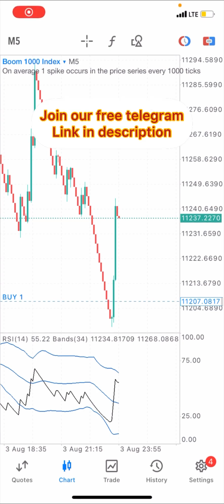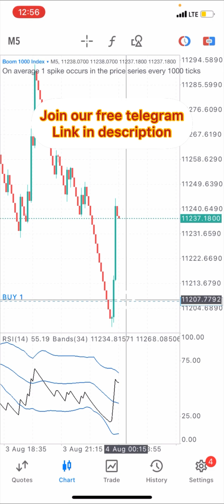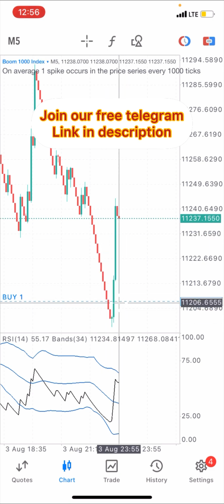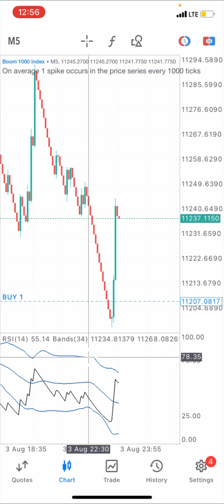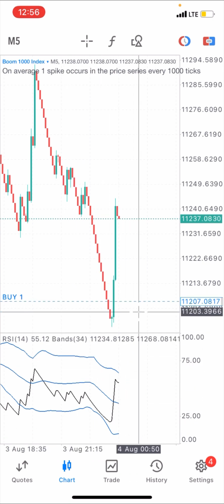Yo guys, so this is a quick one. I just quickly got this bike right here. This is my entry right here, and you can see where I have my RSI. You can see I have my other indicators here. I'm going to show you guys how